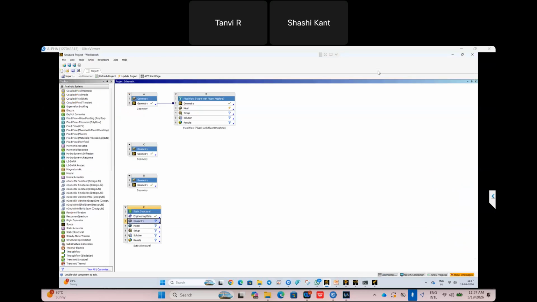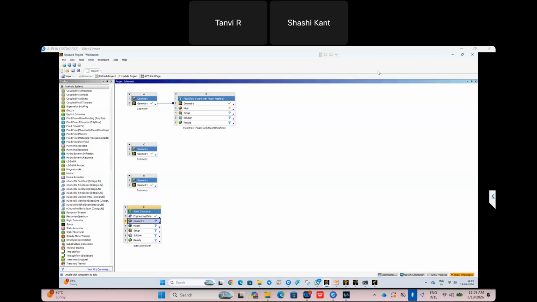SLDPRT is a native file format for SolidWorks that can only be read by SolidWorks. Any other software cannot read it. So here, Ansys SpaceClaim or Discovery can read this file very easily.